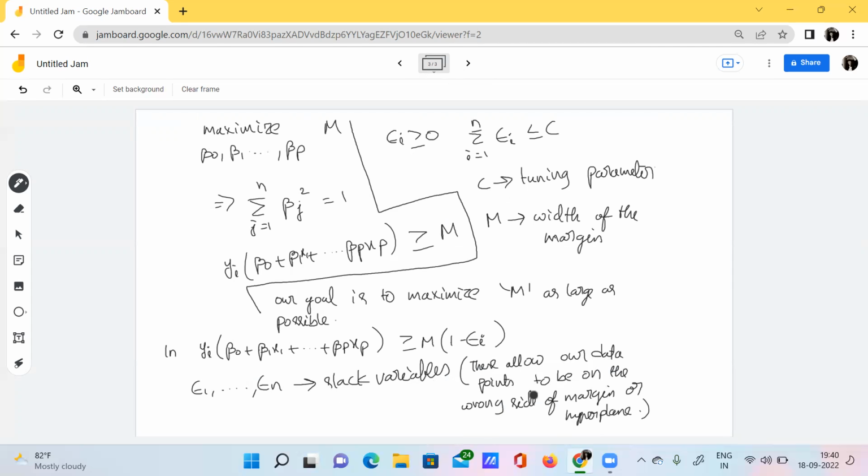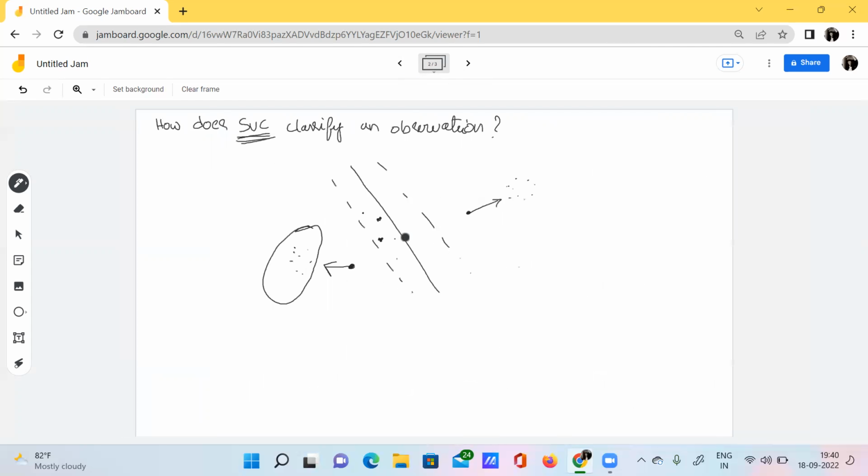Did you get my point? So those slack variables are allowing our data points to be placed on the wrong side of the margin. See, the rule is the data points should not be placed within this margin. There should be some gap between the data points and the margin here.